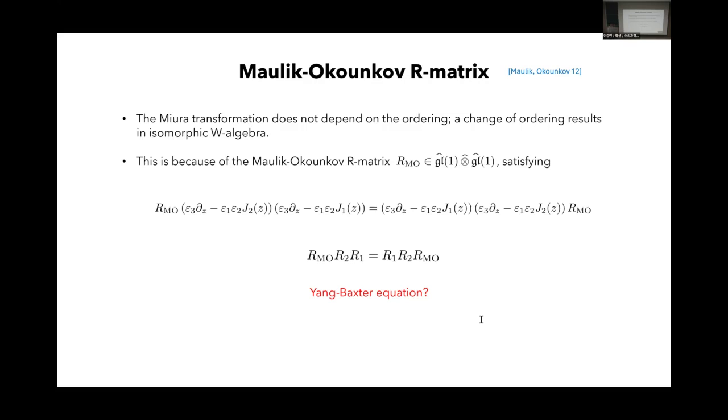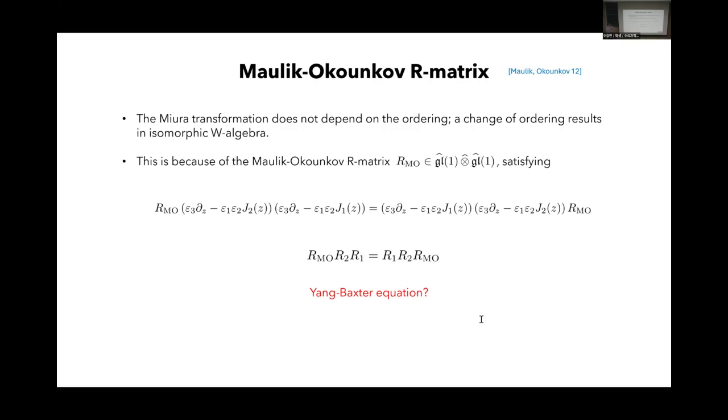So the relation that it satisfies is that the products of two R matrices, the products of two Miura operators, are equal to each other up to conjugation by the R matrix. And I cleverly chose the notation for the Miura operator as Ri. So if I just substitute the Miura operator as Ri, then you can see that this relation seems like a